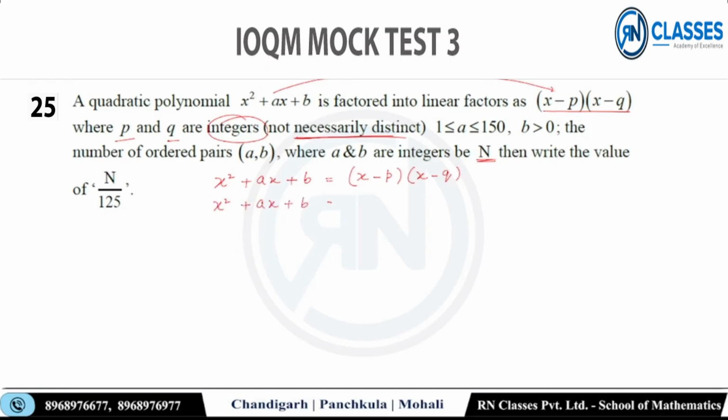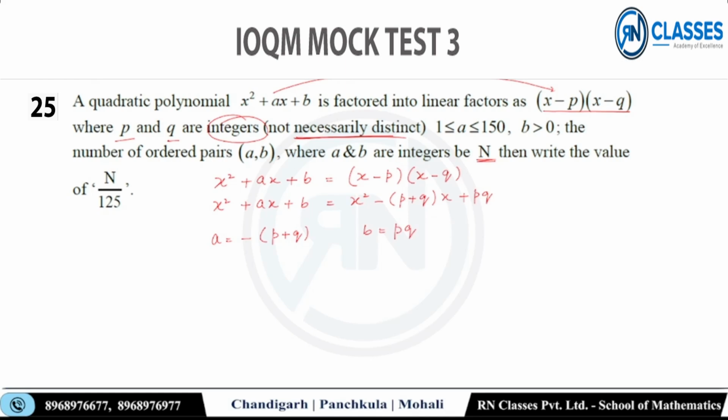किसके बराबर आएगा, x square माइनस p x माइनस q x, तो माइनस कॉमन ले लिया, (p plus q) into x plus pq, right, माइनस इंटू माइनस प्लस हो जाएगा, प्लस pq। अब कंपेयर कर देते हैं, a की वैल्यू आ गई माइनस ऑफ (p plus q), right, and b की वैल्यू आ गई p into q, ठीक है, pq।